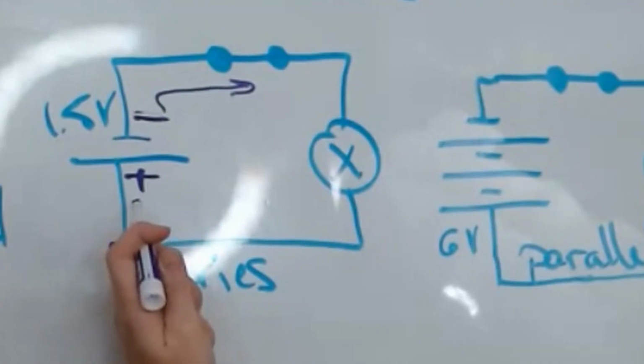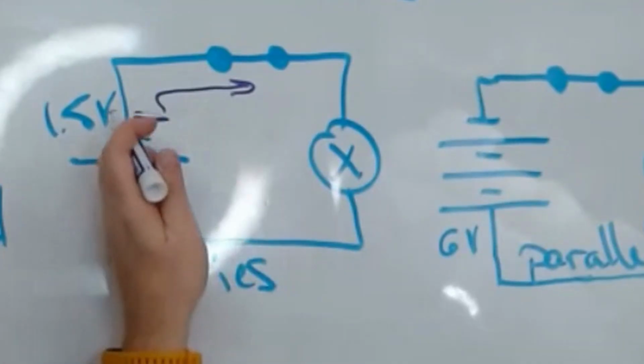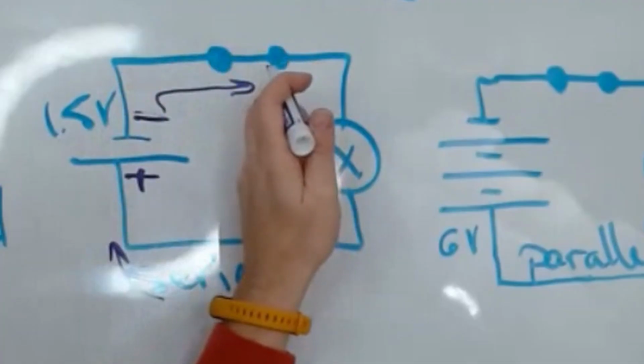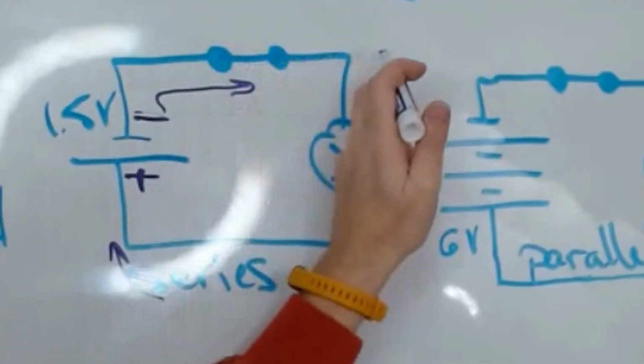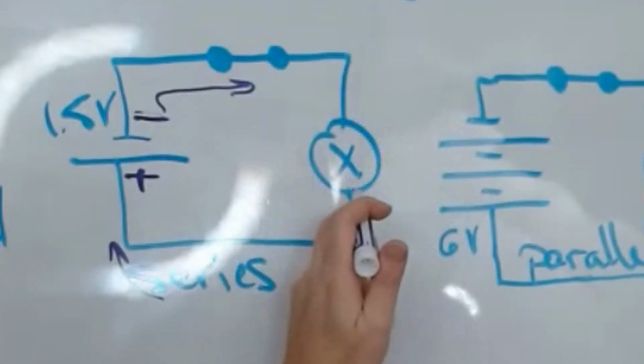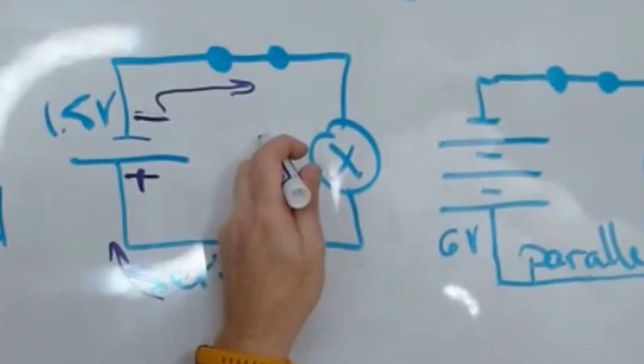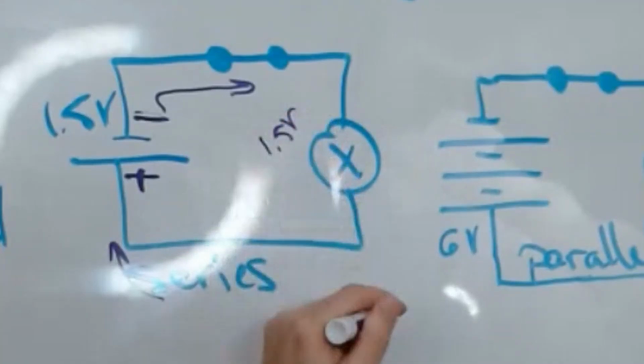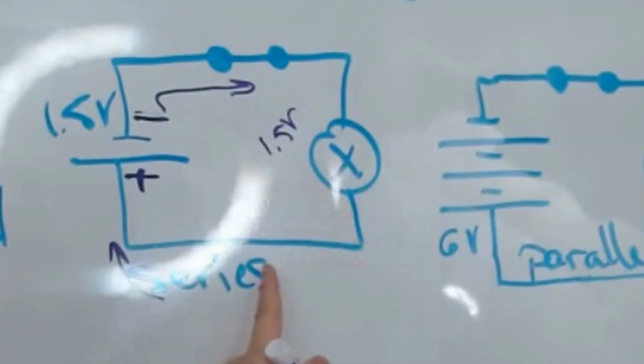All the electrons get their energy here and go through the switch. This one is closed, therefore the electrons can go through and drop all of the energy in the bulb here. So here you would have 1.5 volts of energy being dropped before the electrons go back to the source